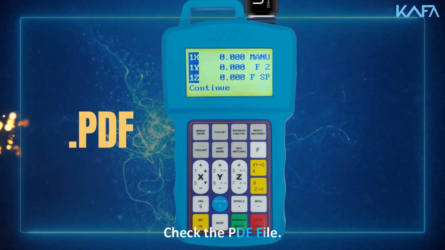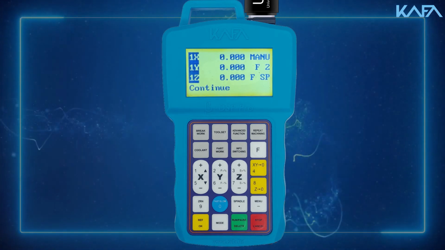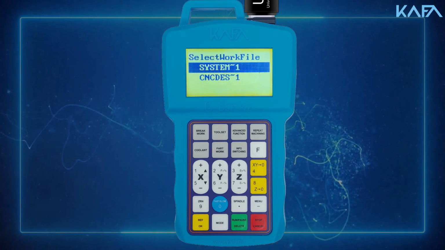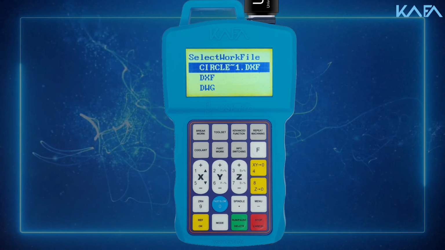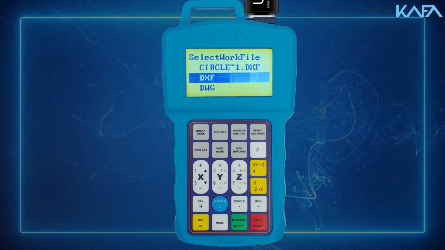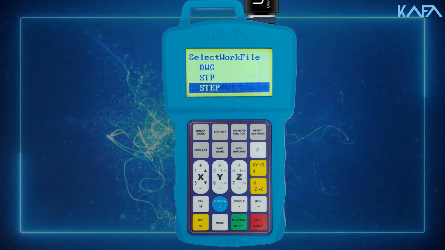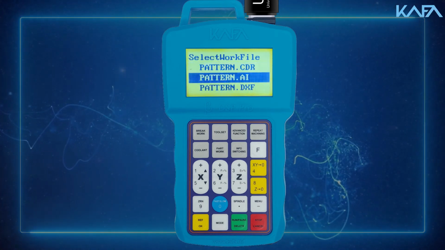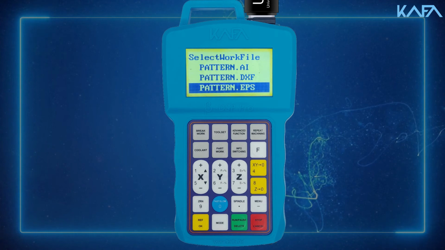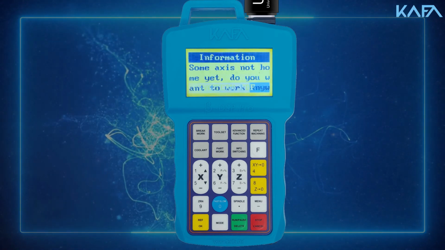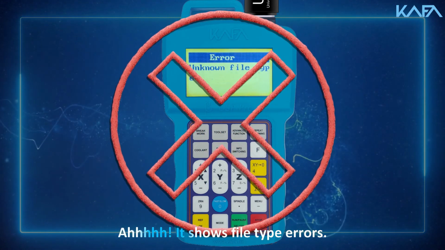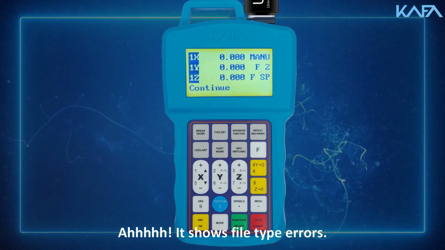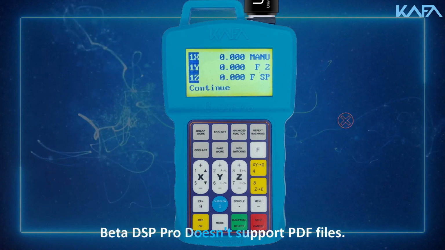Check the PDF file. It shows file type errors. β-DSP Pro doesn't support